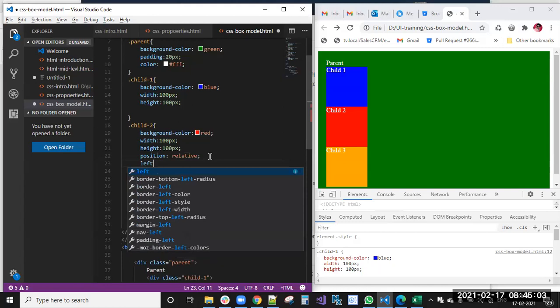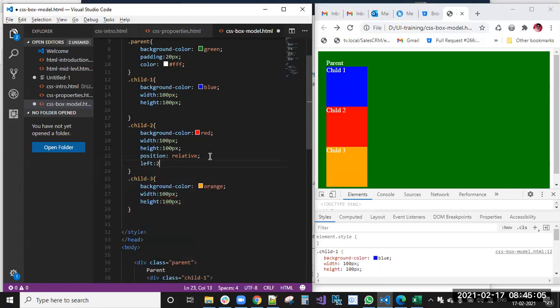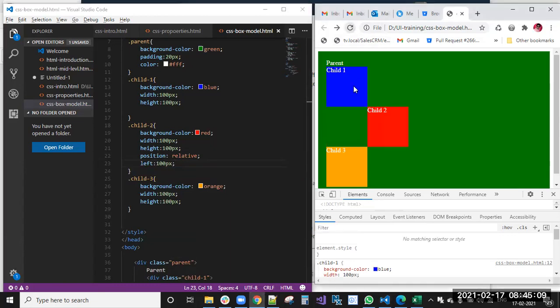Now I'm moving left by 100 pixels. It will move from here to here, exactly 100 pixels.